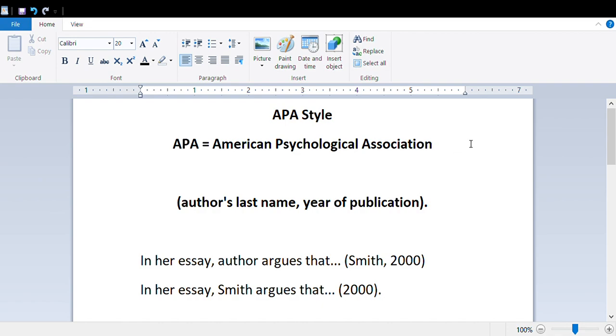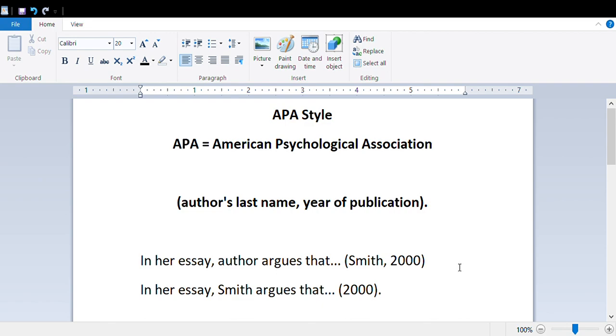And as I said, everyone who has even college or high school education is more or less familiar with it, briefly. So the basic format is to document the author's last name and year of publication. There are two ways to do it, or more or less one way to do it, but different ways. I'm going to pretend that this is your wording from the paper. In her essay, author argues that, and at the end of the sentence, you will give us Smith 2000. So anyone who knows APA knows that Smith is the author of the article, the year of publication is 2000,